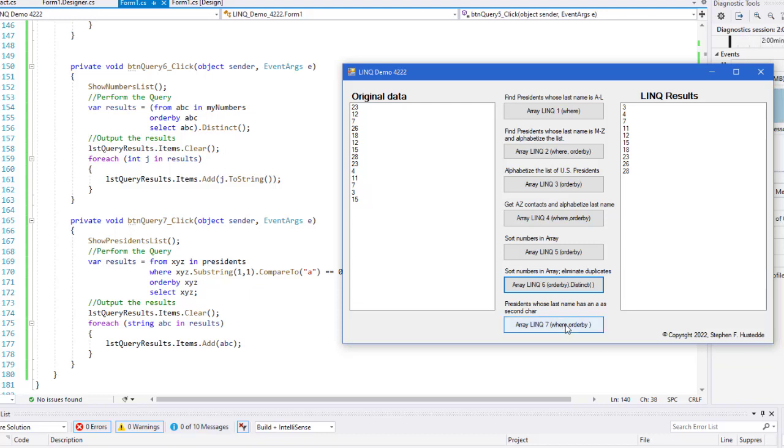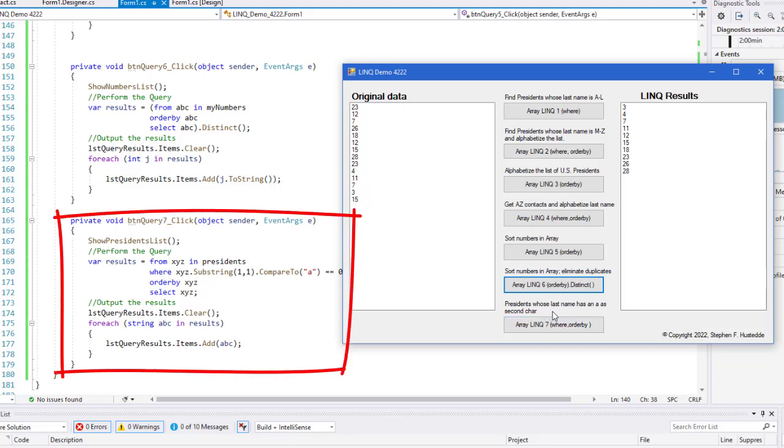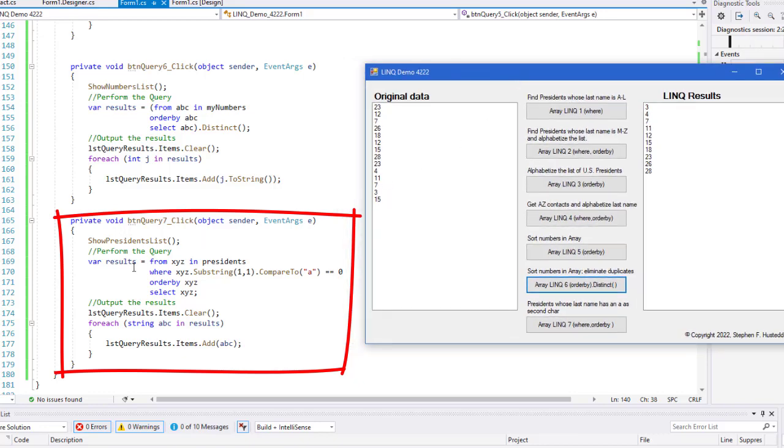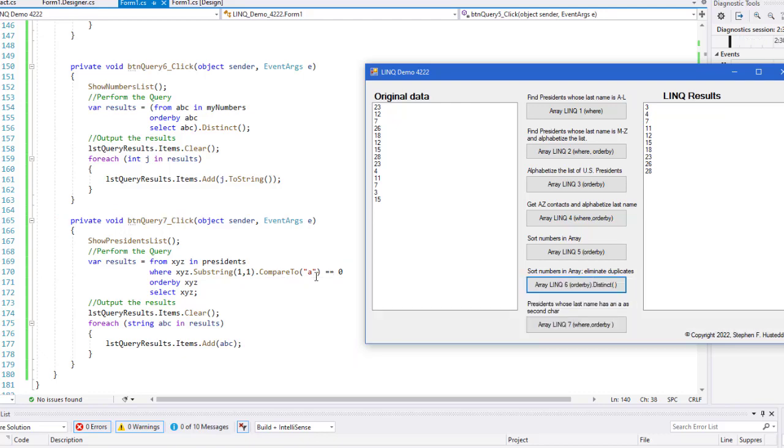The final one here, I'm going to go back to the presidents. I want to show all the presidents whose last name has an A as the second character. So there's all kinds of things you can do with this LINQ process. And the code here, again, is XYZ in presidents, where XYZ.substring 1, 1, that's going to be the second character. So index 1, 1 character in length, .compare to is a lowercase a, and if that equals 0, so it's a match,